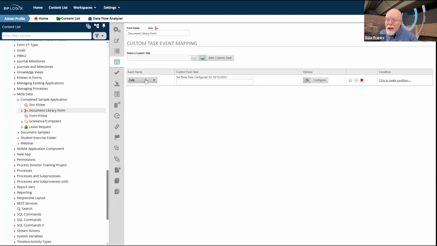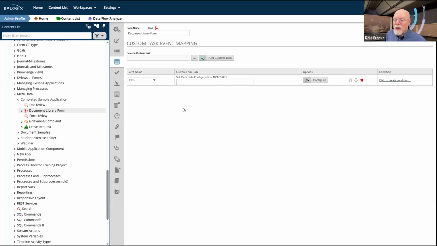And so when I set that category, I'm going to want to run set metadata so that I can apply the values of the category and the appropriate attributes. In this case, it's even a little more complex than that because I have the similar attributes in a couple of different categories.